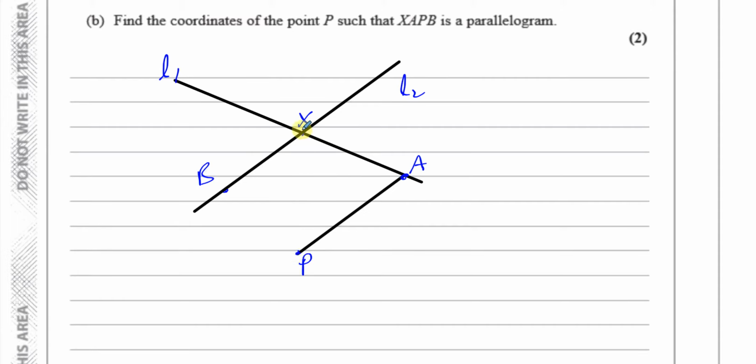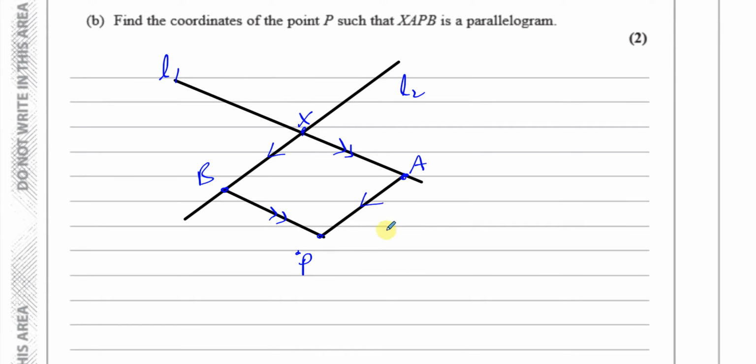Okay, so it's parallel to XB. That's AXBP. This is now a parallelogram. So these should be parallel to each other. Let me just draw that a bit better. Okay, so these two lines are parallel to each other. Okay, there we are. So that's B, that's P, that's A, that's X. This line is parallel to that line, and this line is parallel to that line, and we have